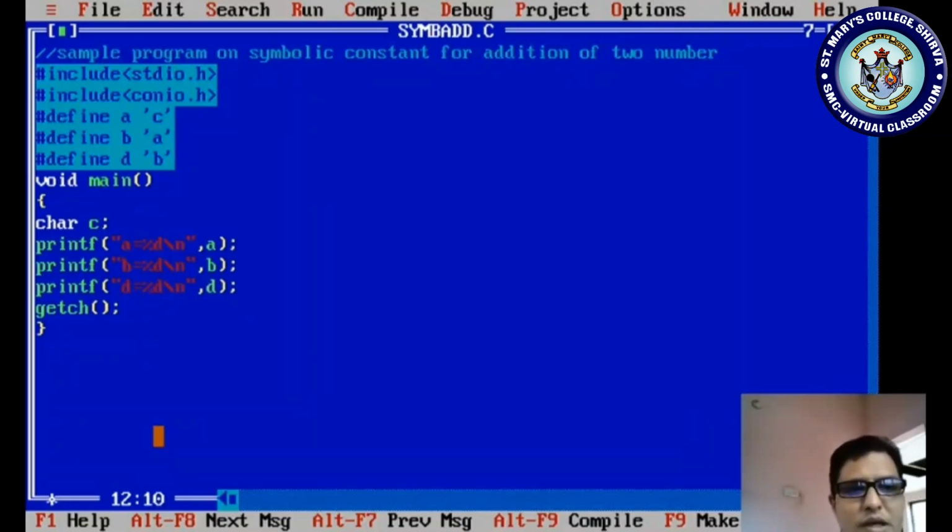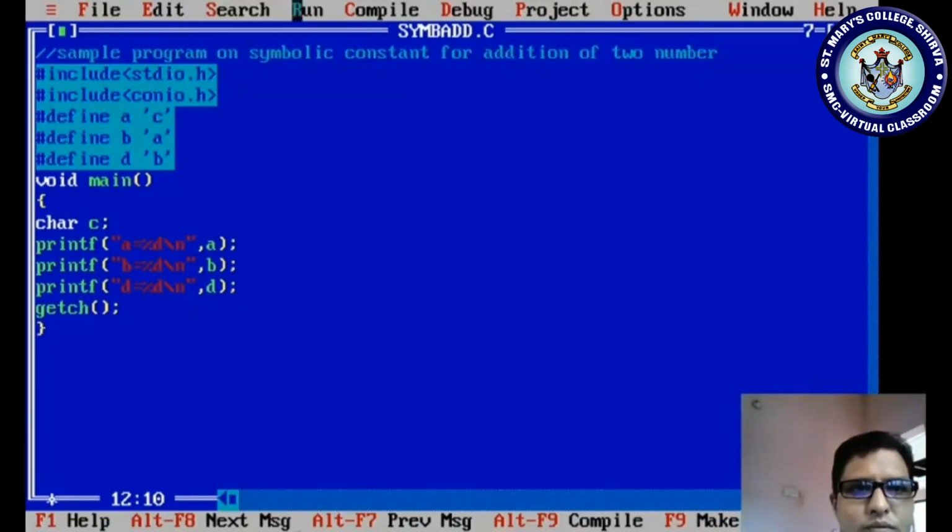I am not processing anything. Let me check. It is clearly identified that these are character constants, right? Then what is the definition of symbolic constant? The name given to the substitution of either numeric, character or string constant. Got it? So we have seen the numeric, and we are seeing now character constant, right? We are not processing anything, we are displaying the output.